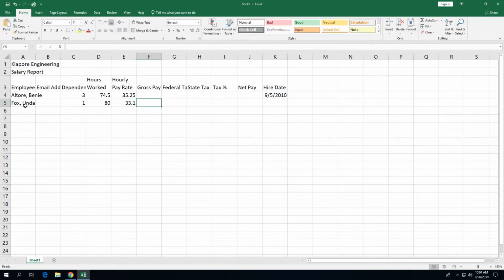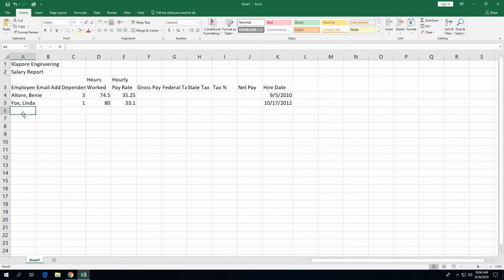Just make sure you type the numbers exactly the way they're shown. Make sure you skip over those columns F through J. Move all the way to K when you're entering the hire date. Just like I'm doing. Alright, and then the next employee is Hanfield